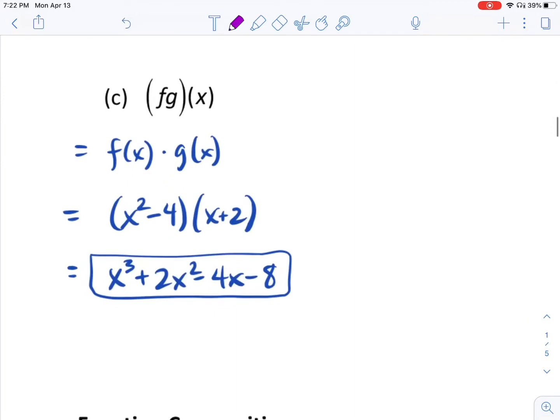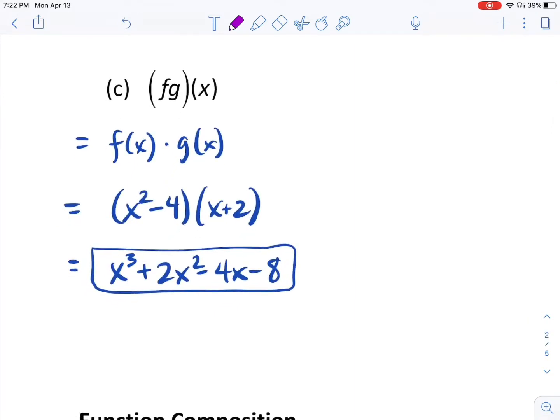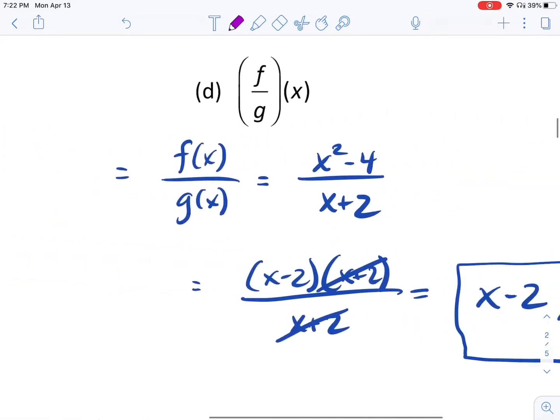F times g of x is f of x times g of x. I can multiply each of the individual f of x and g of x functions, FOIL it out, and what I end up with is a cubic function, x cubed plus 2x squared minus 4x minus 8. These are fairly straightforward operations. It's not intended to trick you. And f of x divided by g of x is equal to x squared minus 4